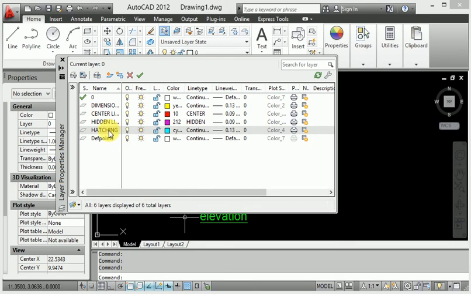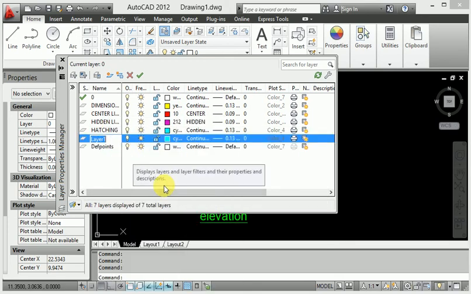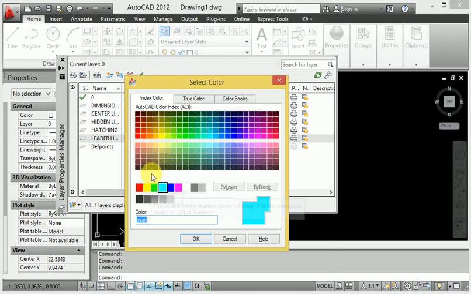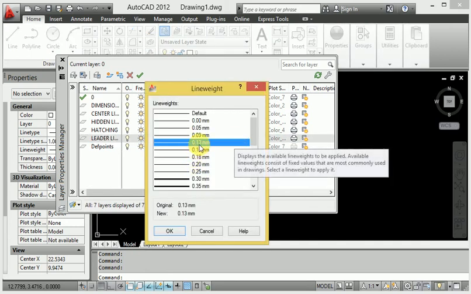Next again I will provide a new layer. Hatching is completed, and also come to leader line. The leader line has another color, this color is used for leader line, and definitely continuous. The thickness has been changed, the leader line 0.09.